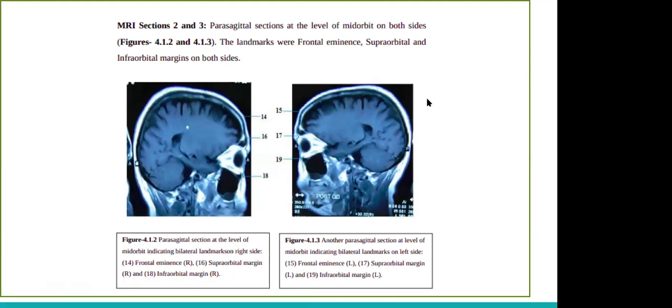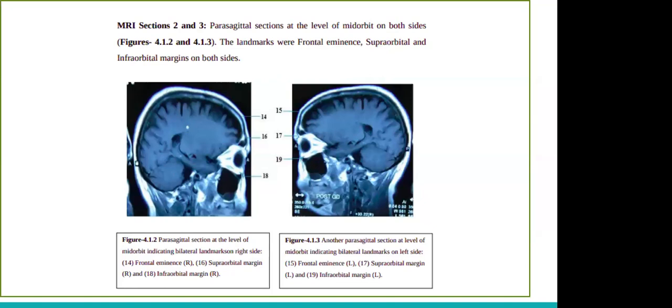Okay. So the first plane was the mid-sagittal plane. We pointed out all the landmarks in the center middle portion of the face, and the next planes that we take are parasagittal planes. Mid-sagittal divides the body into two equal halves, left and right. Parasagittal is slightly moved to the left or the right side. So there are two images here. One is for the left side, one is for the right side.